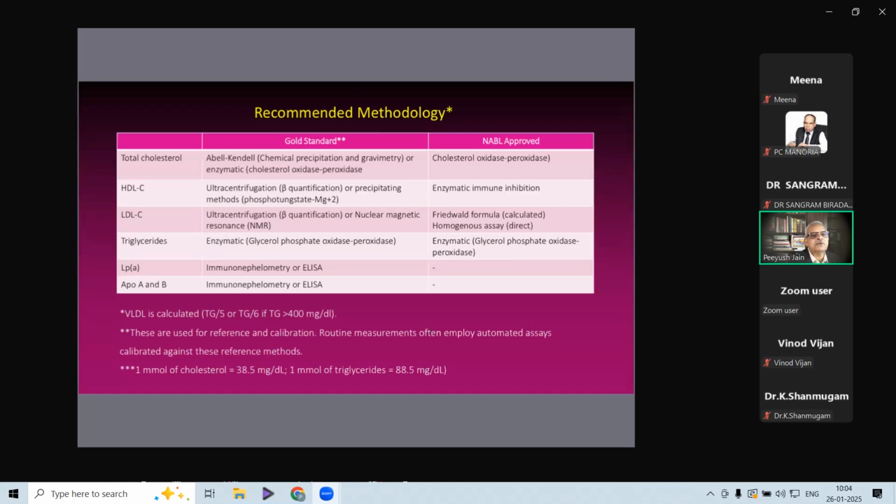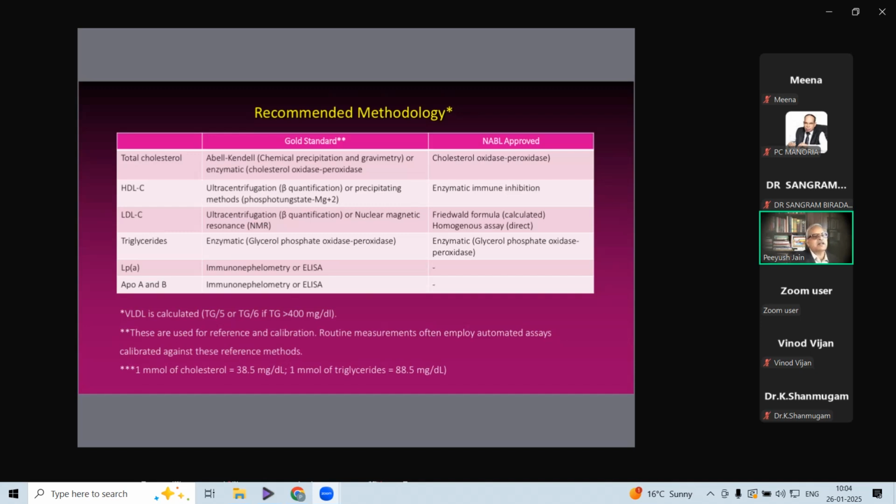methods. So the whole purpose of knowing about these gold standards is that we should know that a lab where we are sending our patients, they are calibrating their automated assays against these gold standards from time to time. That is number one. The second point I would like to say here is that certain parameters like VLDL are